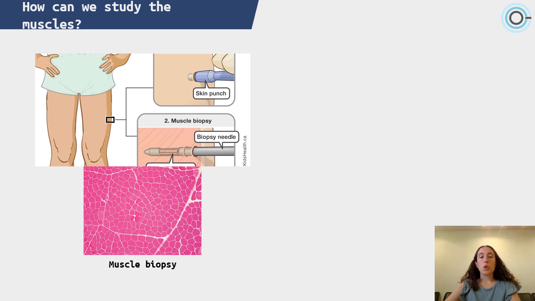And new tools and technologies are being studied and developed to help genetic testing in the diagnosis and study of muscle conditions, because genetic testing, as well as muscle biopsy, is not always conclusive and can sometimes yield negative results, in which we need other tools to help us achieve a